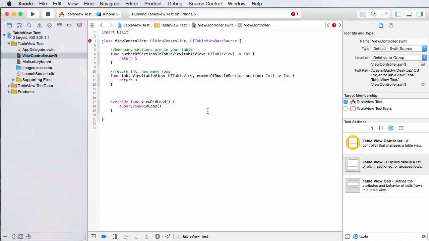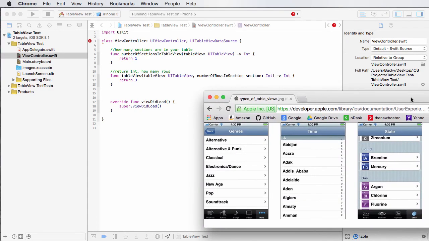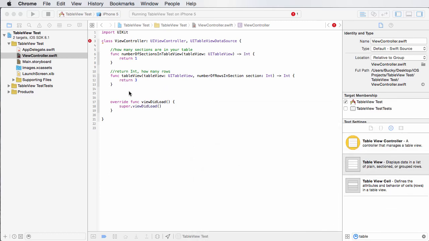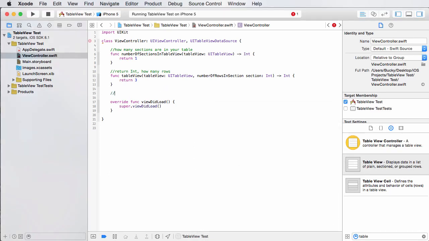Now the last thing we have to do, you probably could have figured out, is it's gonna say, okay, now I know how big to make your table. You're gonna have 1 section, 3 rows, but what are the contents of it? What do you want me to stick in those table cells? So that's what the last function is for. I'll just write like, what are the contents of each